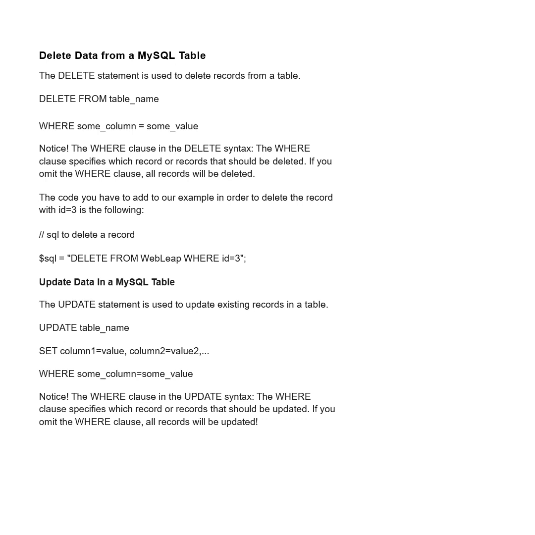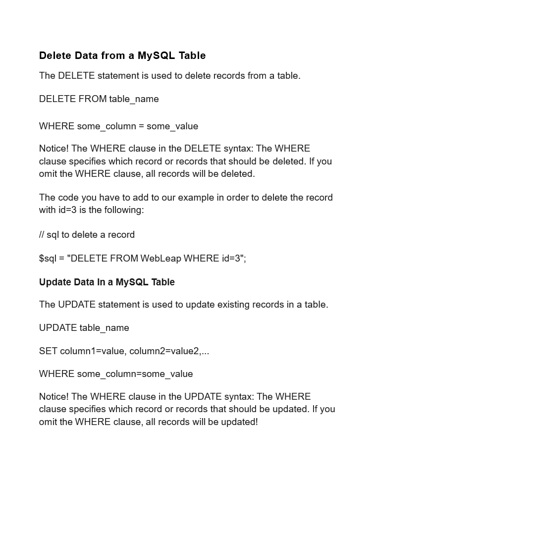How to update data in a MySQL table. The update statement is used to update existing records in a table. The generic code for this action is update table name, set column 1 equals value 1, column 2 equals value 2, where some column equals some value.